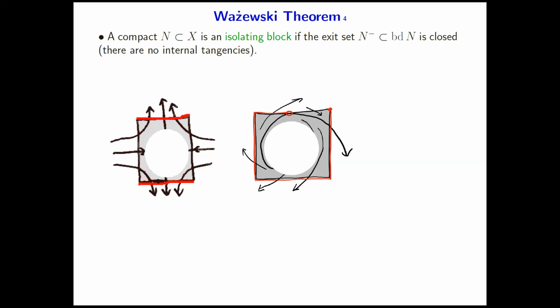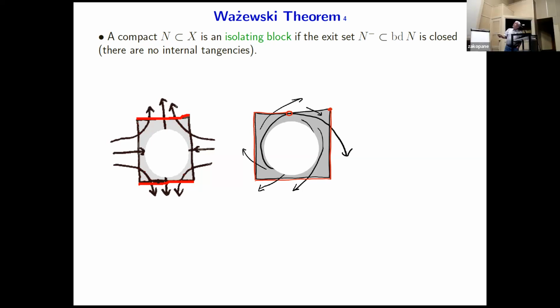And a modern reformulation of his famous retract theorem is based on the concept of isolating block. Ważewski formulated it differently, but this is equivalent. Namely, you pick up a compact set in your topological space X, and you are interested whether, for instance, there is a solution which stays forever in that set, a bounded solution in this region. But without formulas, it's a difficult task, but it turns out that if you're at least able to understand what's going on the boundary of this region, in particular, if you're able to distinguish between points where solutions go out, and solutions go in,